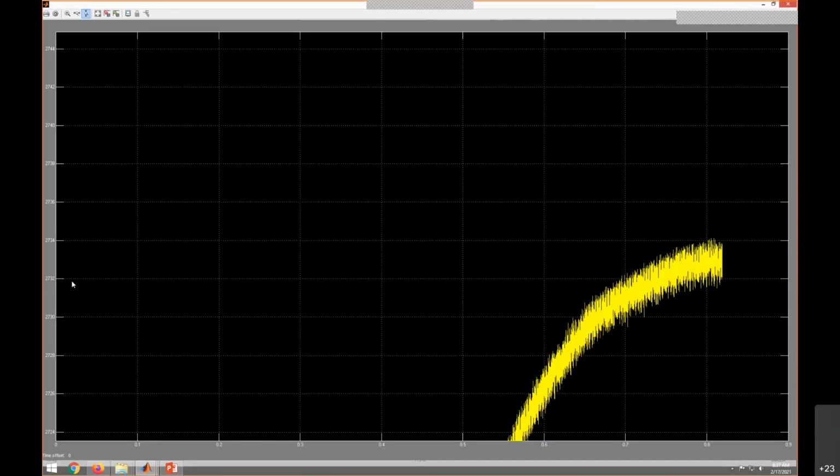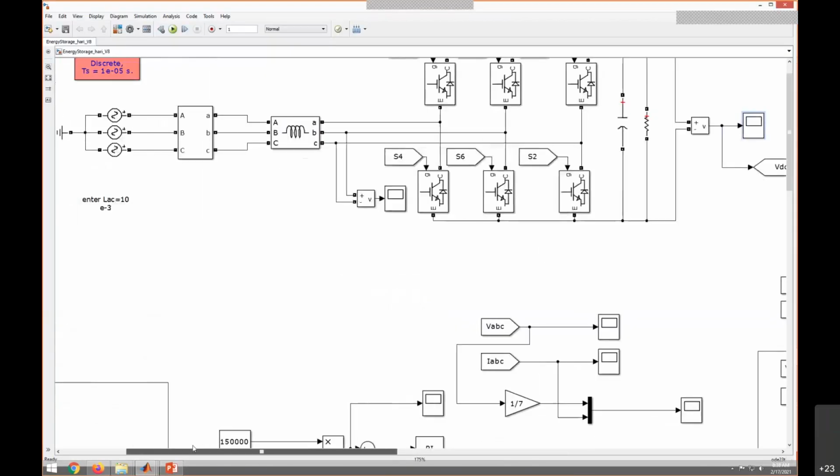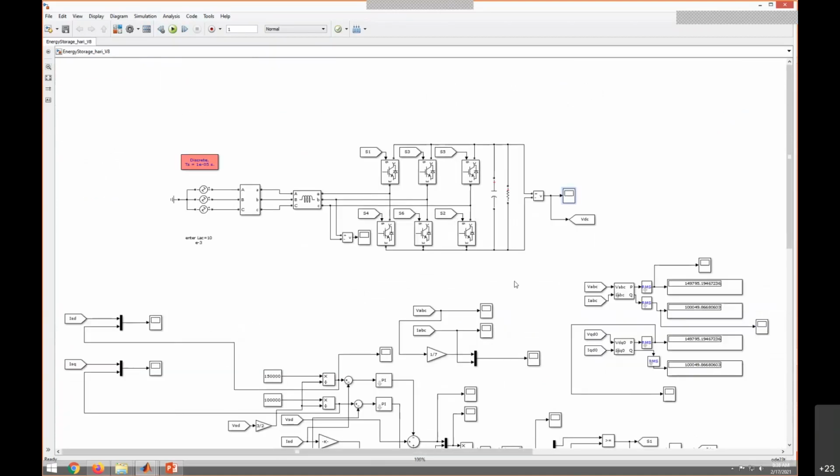Okay, so what we discussed in previous classes is that we cannot maintain both the same. Either we can keep the real power constant or the voltage across the DC constant. So here, if you are controlling the real power, this DC value will automatically vary. Okay, for the same circuit, this resistance is 50 ohm.